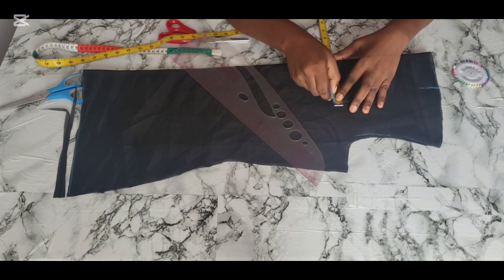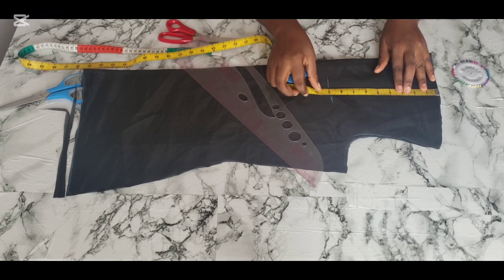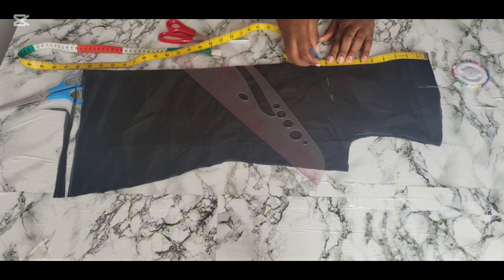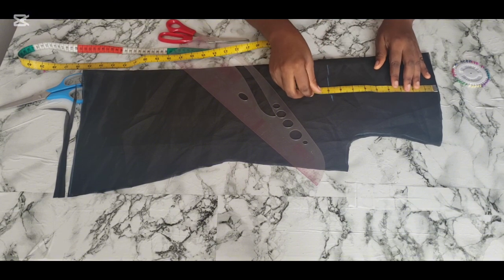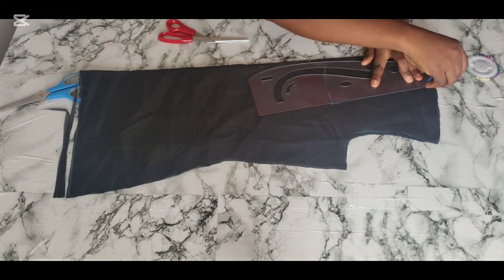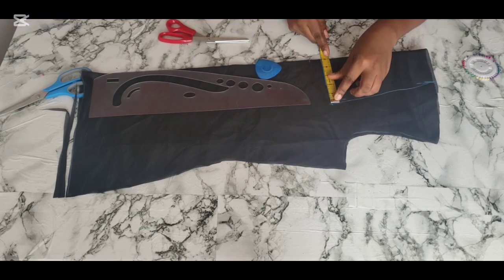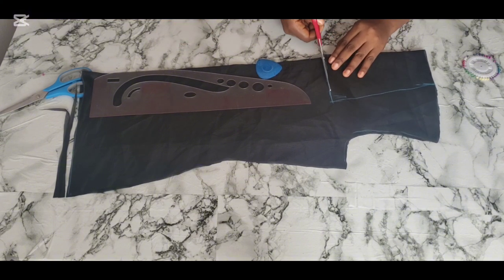So from that 9 inches, look at what I'm doing. From that 9 inches, we measured 5 inches for the down part. Remember, the upper neck depth is 4 inches. Neck width is 4 inches. For the down of the 9 inches, we measure 5 inches. Then the neck depth for the back is 9 inches. I don't know if you understand what I'm saying, but follow what I'm doing, you will definitely get it. So after that,